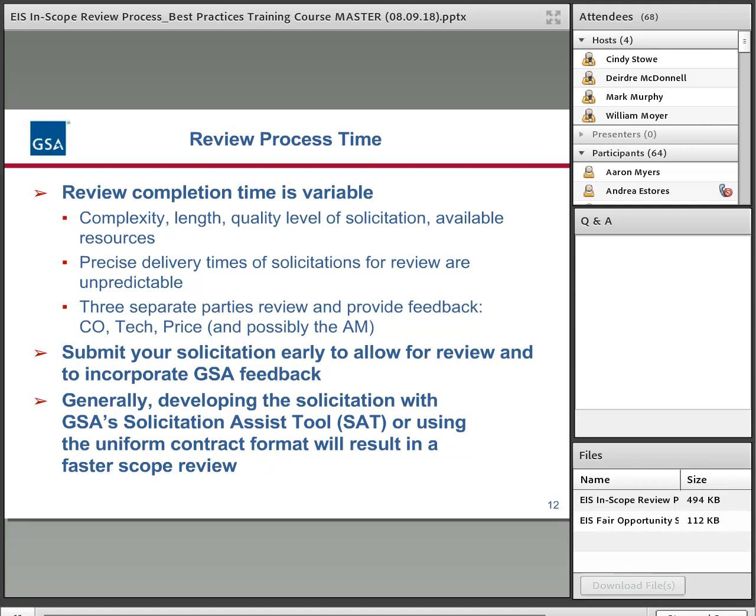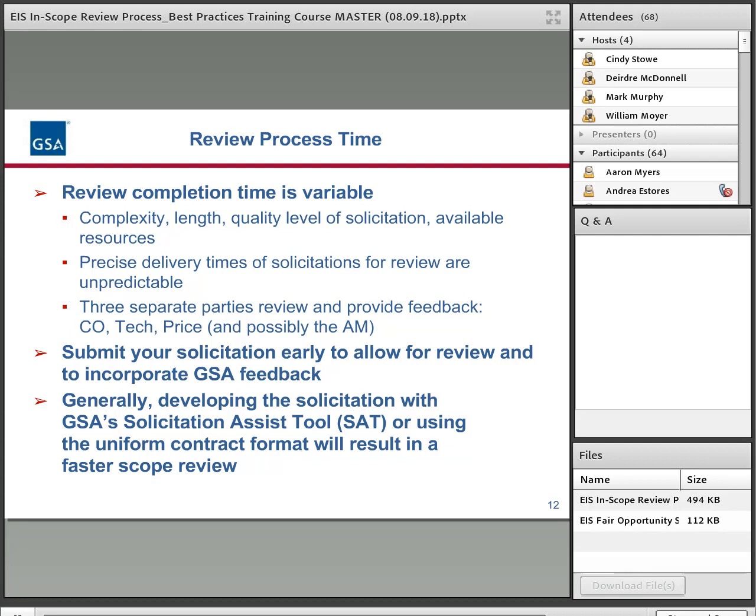And I would say it could take up to several weeks. It would not be common for a solicitation to come into us and be reviewed that same week. So build that into your schedule. Right now, it's maybe averaging a little over 2 weeks for a review.